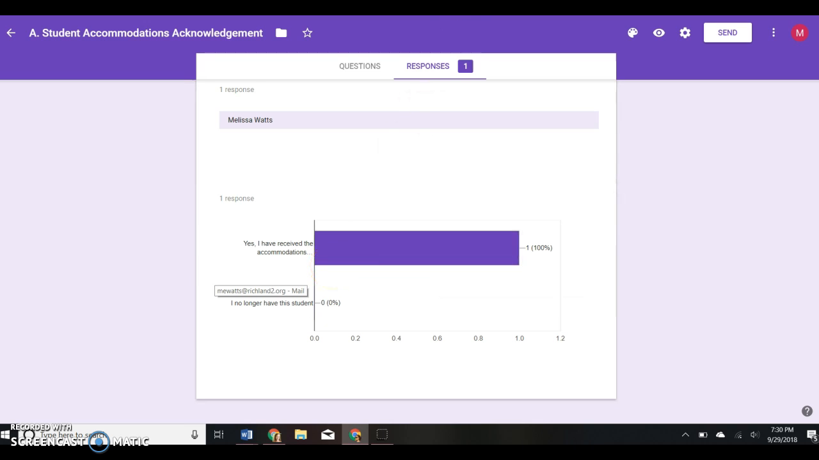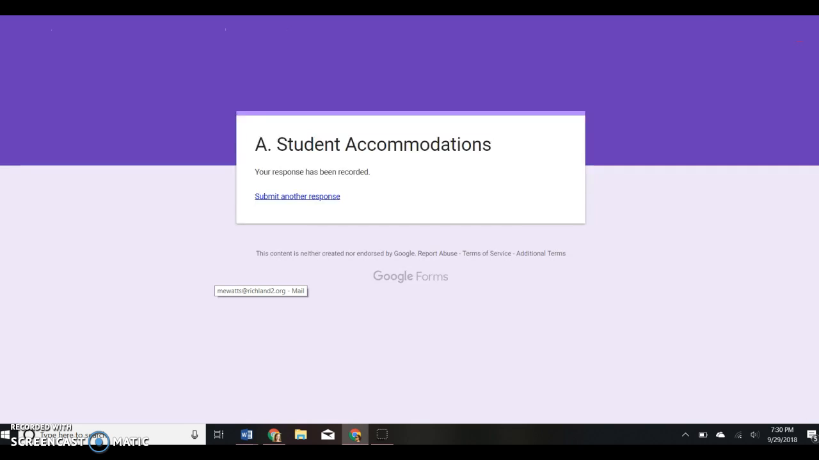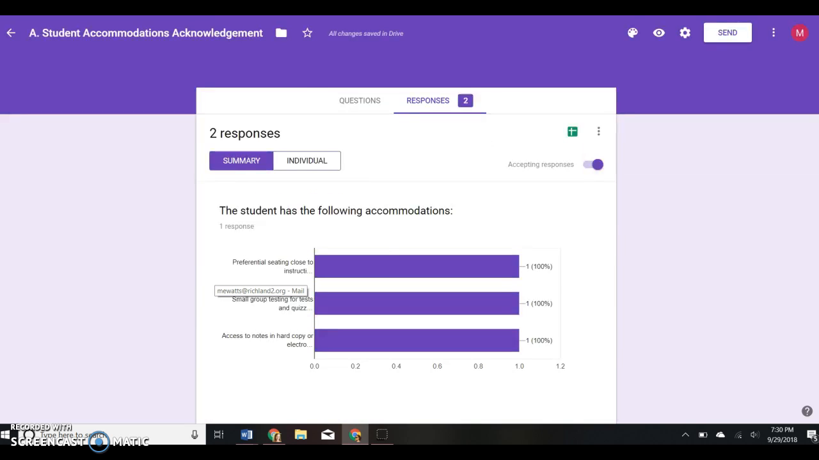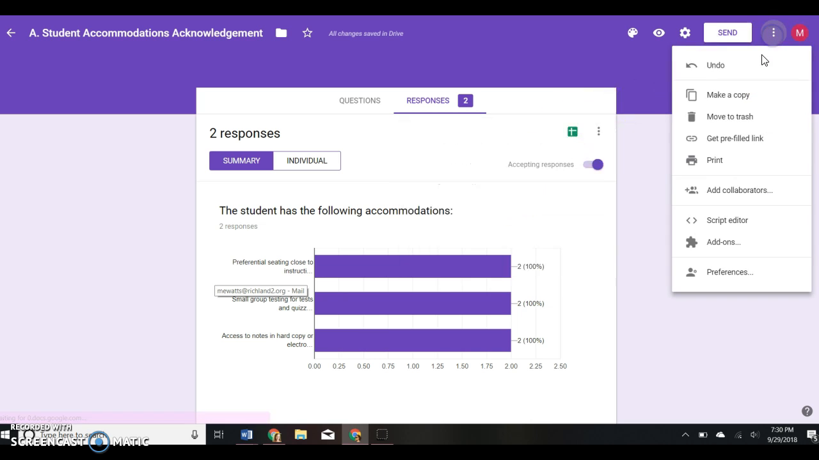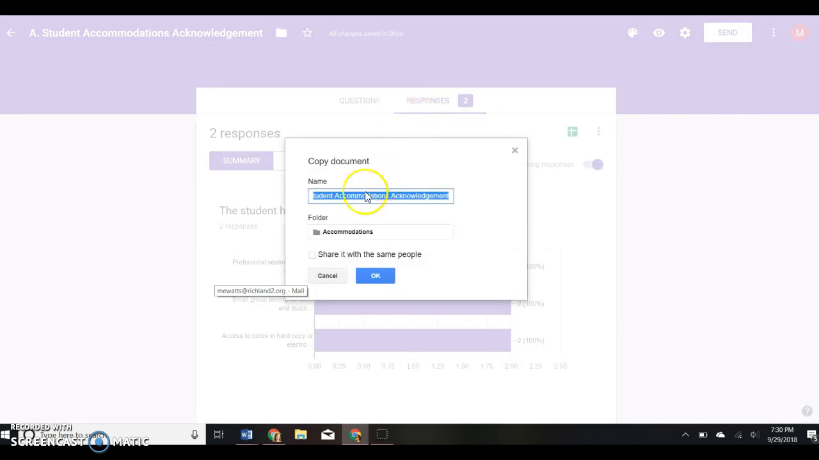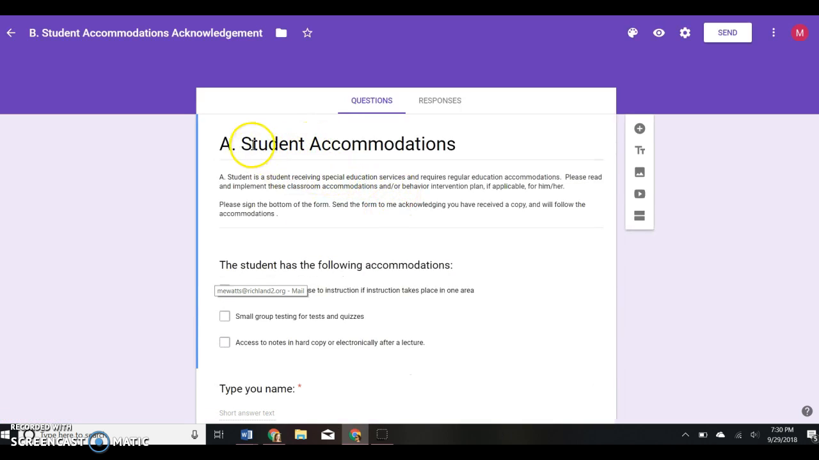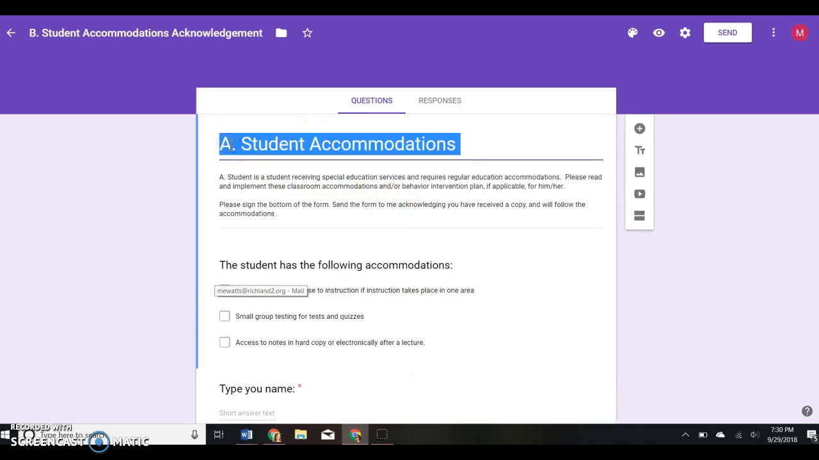So what I'll do is just keep track of these, and then I will go ahead and make a copy of this up here and change it to my next student's name. That's easily done. And I'll just call this one B student. So I start the whole process over, and I do that for each of my students that I have on